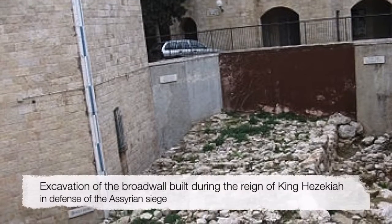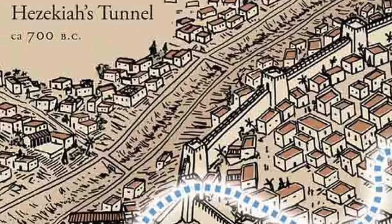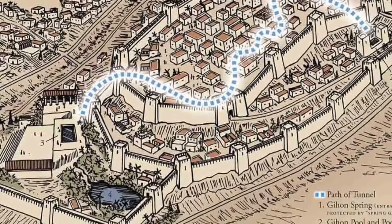In the Iron Age period, we find in the scriptural narrative the event of King Hezekiah and how he had to construct a broad wall, a very wide wall, which was excavated some years ago, and you can go see it today. They had to tear down houses during that period and use that material to build the broad wall, because King Hezekiah was preparing the city for the siege of the Assyrians. Another thing that he did is that he constructed, not he himself, but his team constructed a water tunnel from outside the city gates, or very near the city gate, into the city, where the water system itself could be